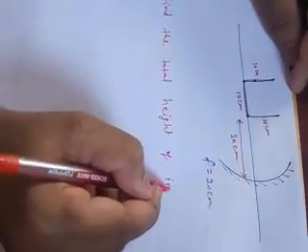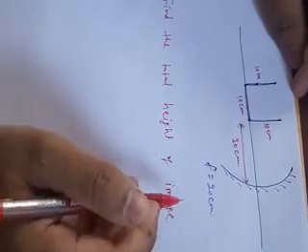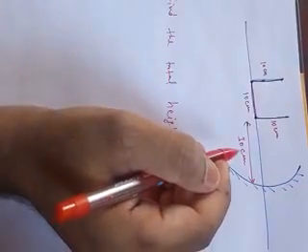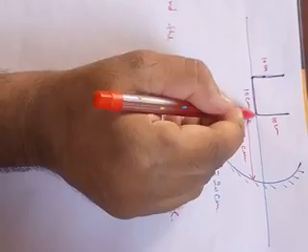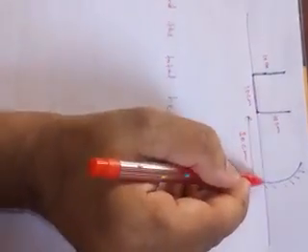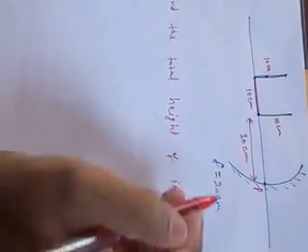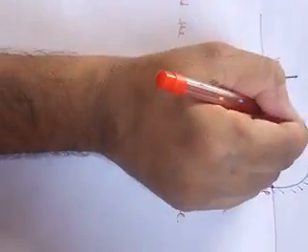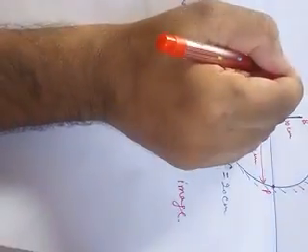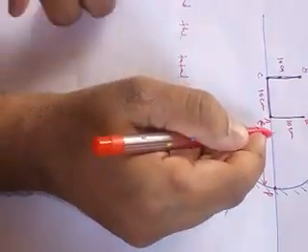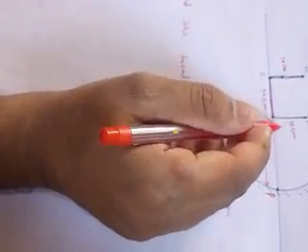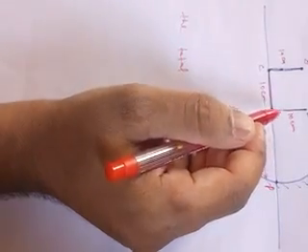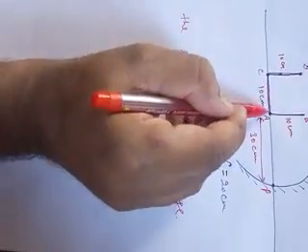of the image. What is the object here? The object is a U-shaped rod. So it has three sides, each of length 10 centimeter. The nearer arm is kept 30 centimeter from the pole of the mirror of focal length 20 centimeter. Just give the names. Suppose this point is A and this point is B, this point is C and this point is D. For AB and CD we will have transverse magnification, while AC will have longitudinal magnification.